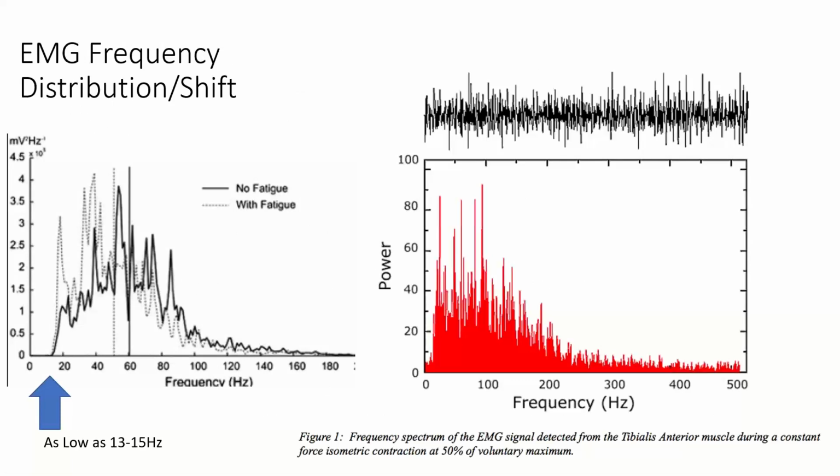Now here's the EMG frequency distribution and shift, as I've shown you. Here's 0 to 500. And at the top you can see the complex waveform that EMG creates, and you see this on your screen. Tom at Brainmaster used to call it the fuzzy caterpillar. He said, if you've got a fuzzy caterpillar, you've got a bad connection. You should get a nice clean line, but this is what you get with EMG, and we'll look at real trend screen samples of it as we go on.